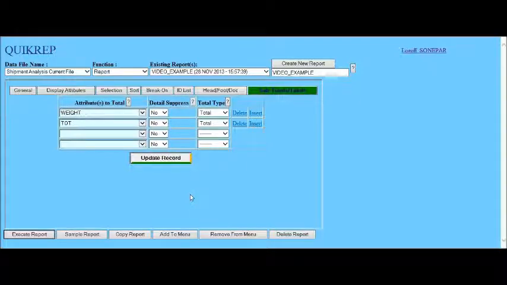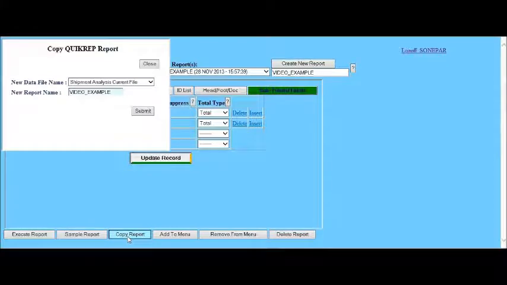Now, upon reviewing this report, we decide that we'd like to have another report, but one that's just slightly different. And instead of modifying our report using that, in which case if we wanted to go back and run it again, we'd have to modify it back. We have a capability here in the main menu that allows us to copy a report. And if we click the button here, it displays the name of the existing report. It says,